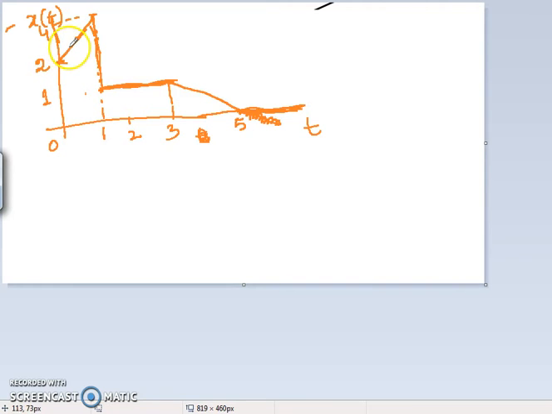So first, you have to follow where the steps or the figure actually change. So at time 0, the magnitude is 2, then there is a ramp, then there is a step where it falls from 4 to 1, that means there is a step jump of 3, and from 1 to 3 it remains at the same value of 1, then there is a ramp again, and up to 5 it is in a ramp slope, then again it takes the value of zero.